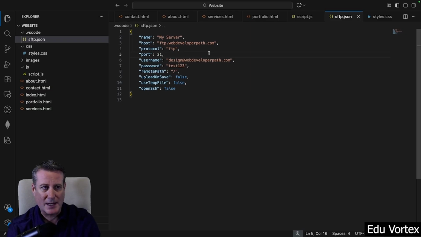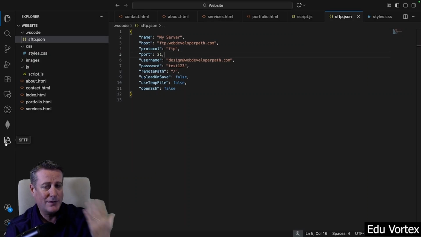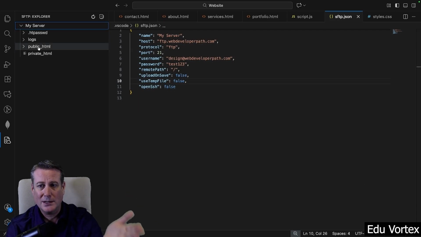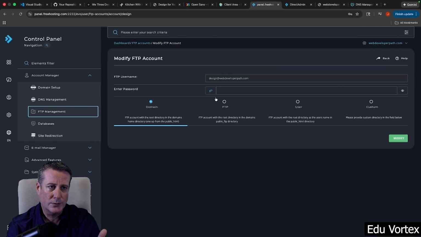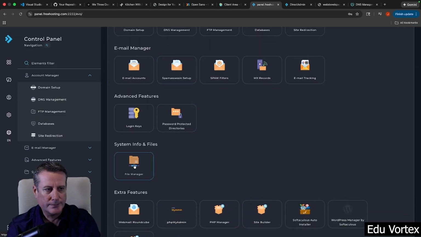Okay, once I save that, I have this set up. If I go over to this little icon here, this is the SFTP icon. If everything's cool in the world, it will connect. You'll see that here is everything in your files. If we go back over to the web hosting and go to its home dashboard, if we go to File Manager,